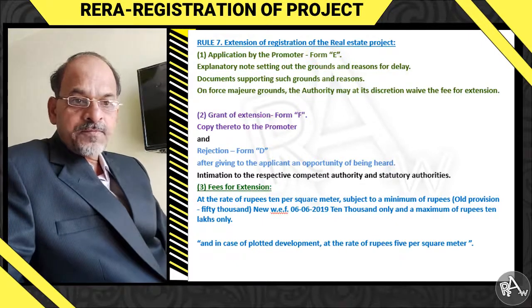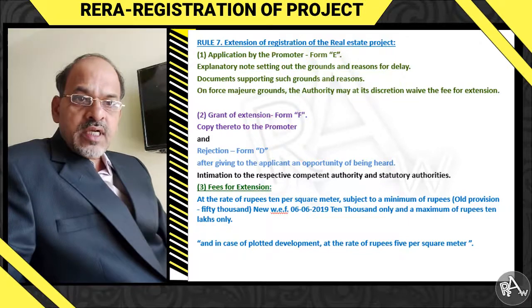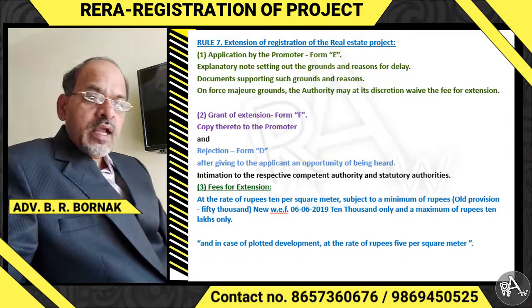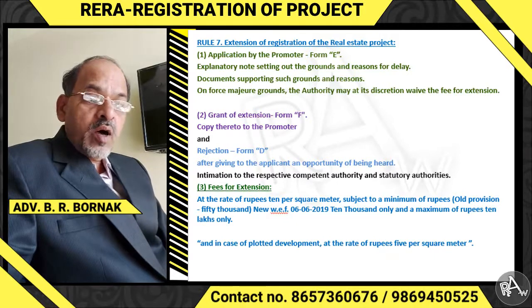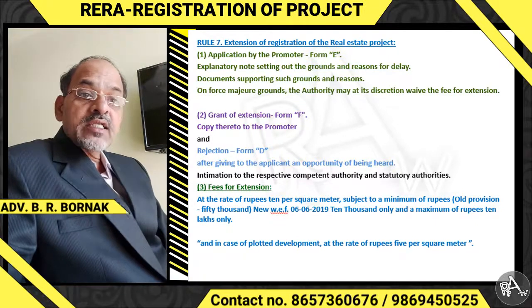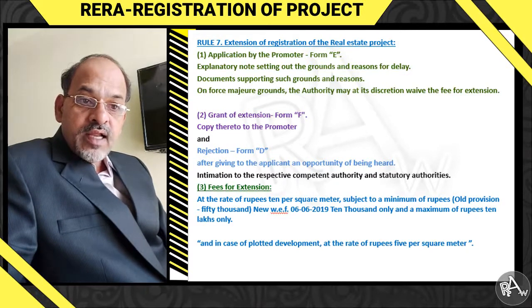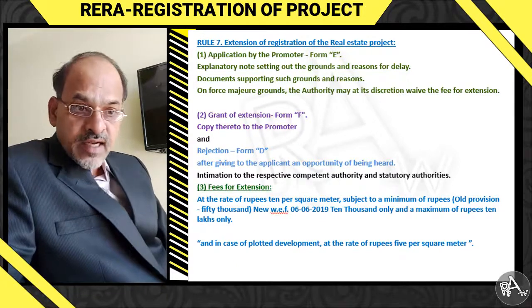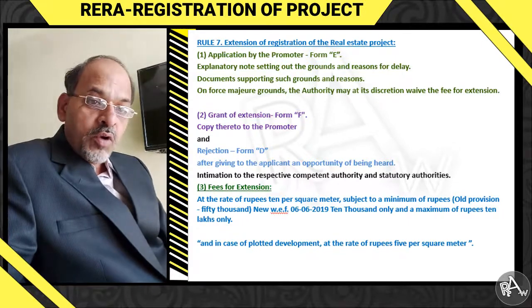Intimation means that the letter is issued to the promoter and intimation is given to the competent authority or statutory authorities for their information. Now, what is the fee for extension? As per Rule 7 only, sub-rule 3, the fee for extension is at the rate of rupees 10 per square meter, subject to a minimum of rupees 10,000 only and a maximum of rupees 10 lakhs only. The fee that is to be paid at the time of registration of the project, the same rate and the same amount is required to be paid by the promoter for